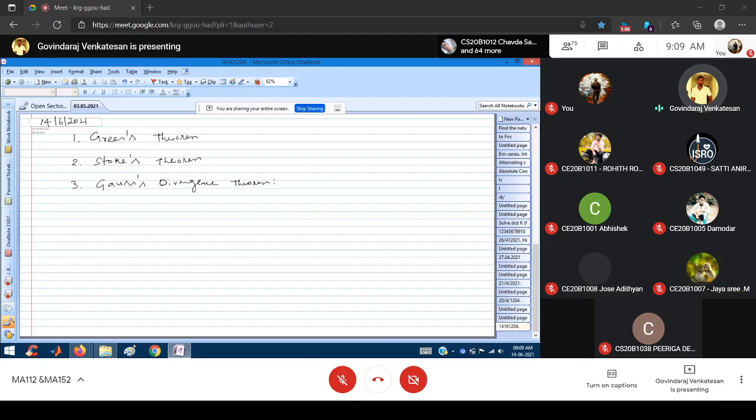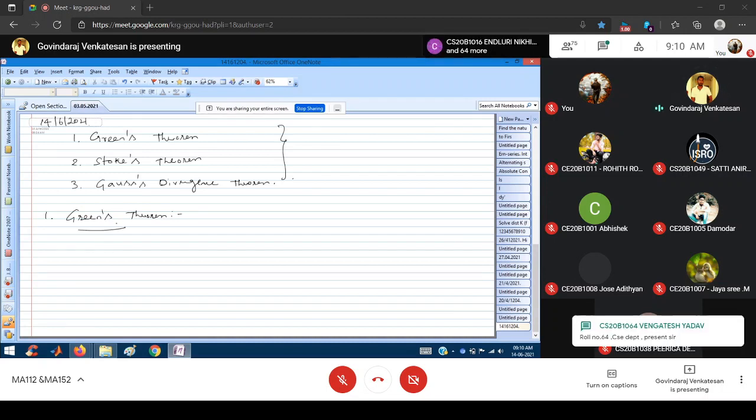For these 3 theorems, proof is not mandatory as per your syllabus. So only the statement of the theorem we are going to use. Okay. So the first one, we see what is Green's theorem. The statement is